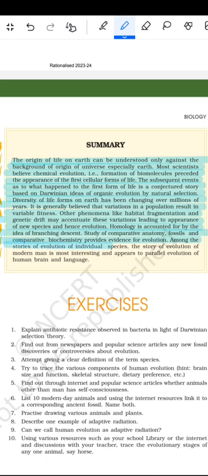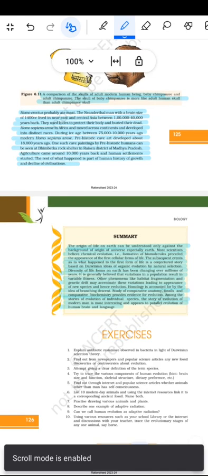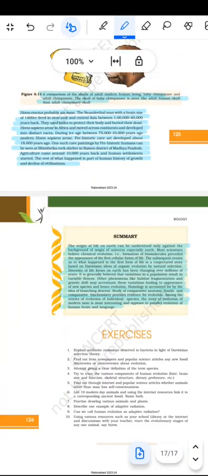Among the stories of the evolution of individual species, the story of the evolution of the modern man is most interesting and appears to parallel the evolution of the human brain and the language. तो ये हो गया NCERT summary हो गया इसका, evolution का NCERT हो गया ये।